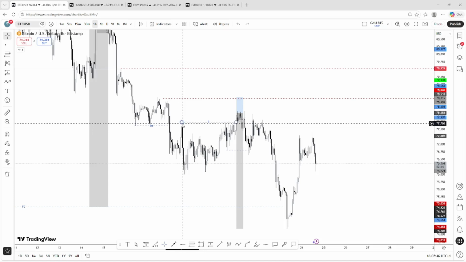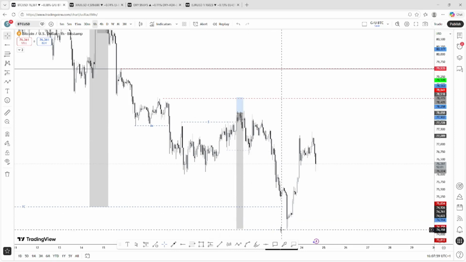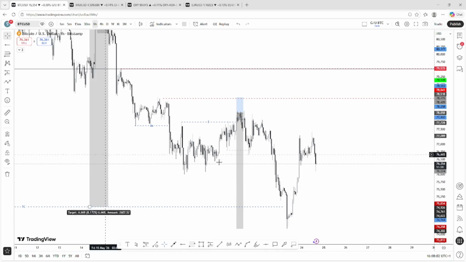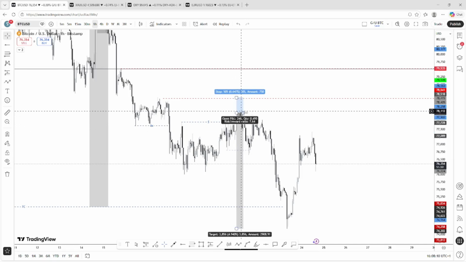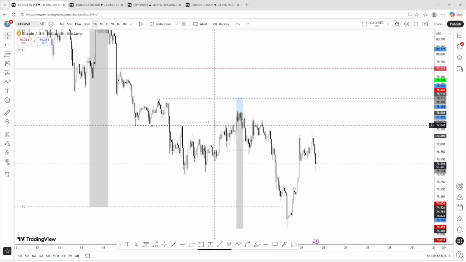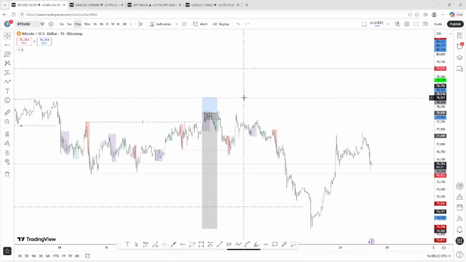But this liquidity, price was just building liquidity before touching it, and as I anticipated, this was just internal liquidity which was engineered. On Thursday we took this internal liquidity, and you can see that on 15 minutes we had